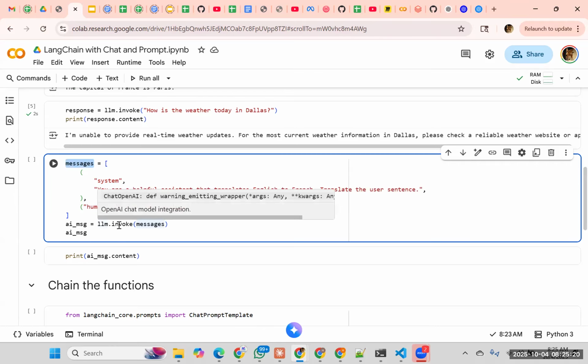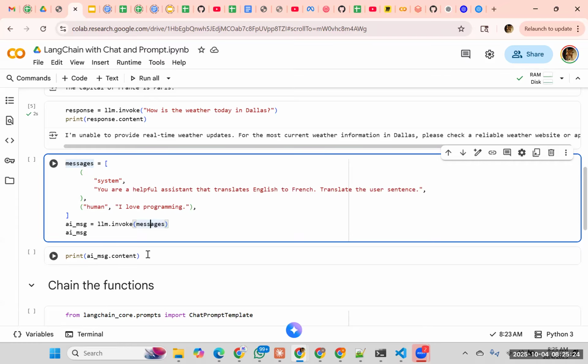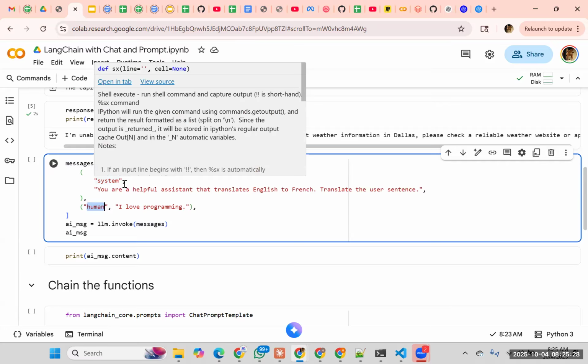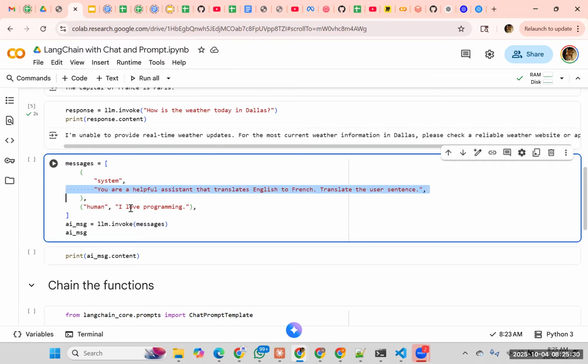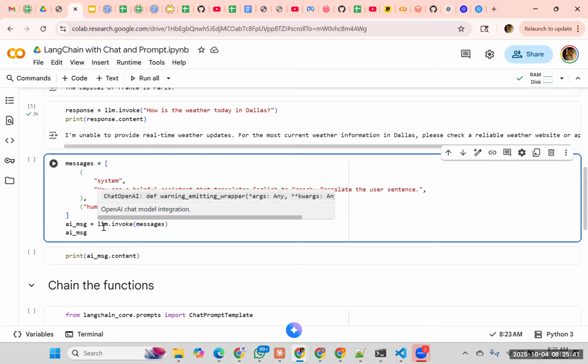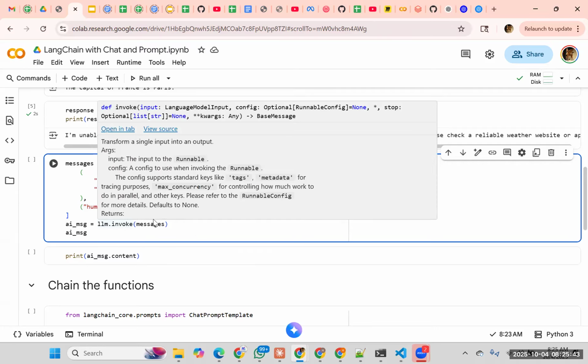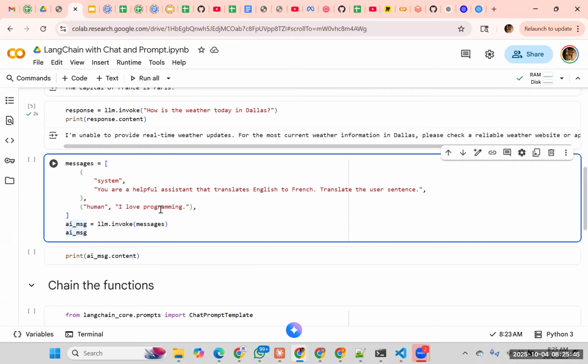Now, when I call llm.invoke, it knows what is the question and what is the instruction based on this key. It is not trying to answer this directly; it should answer based on this instruction. Here, I only said I love programming. There is no question here. So what should the LLM do with this information? I love programming. Okay, you love programming. So what do you want me to do? That comes from your system